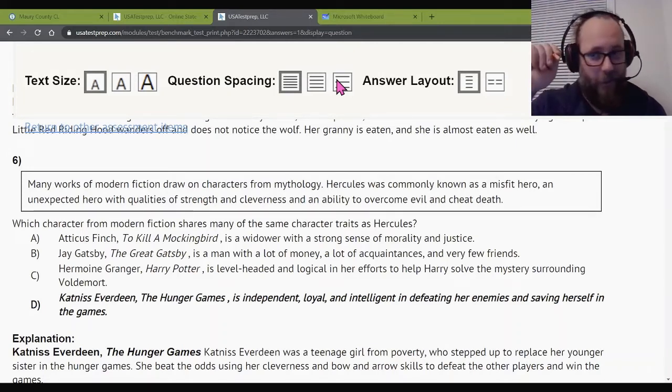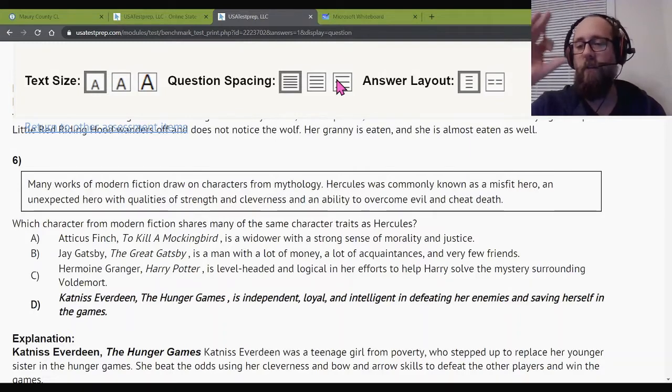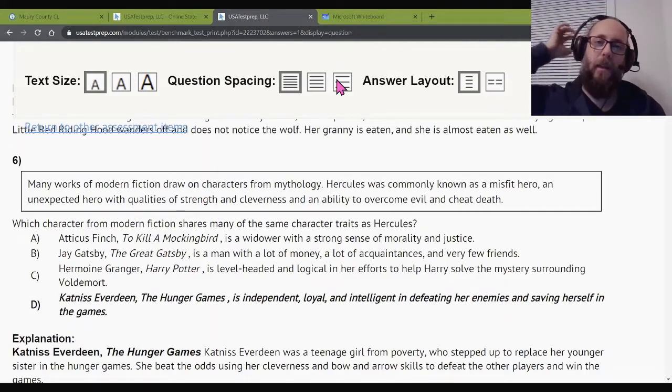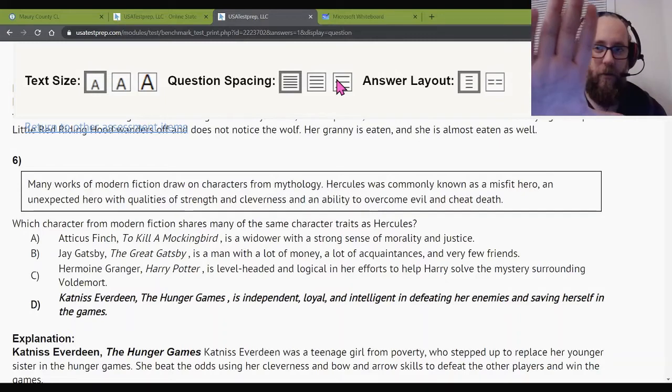But right now what I'd like to do is a quick overview of the whole test with you. I'm not going to go question by question. There are some questions I'd like to highlight and really look at. Some of you are very frustrated with some of these questions, and I understand that. There are a couple that I understand, and we're going to look at those together. So please have your test pulled up. You can go ahead and open USA Test Prep, and pause the video here if you need to get that done.